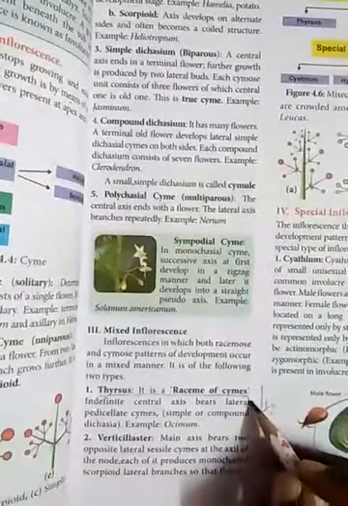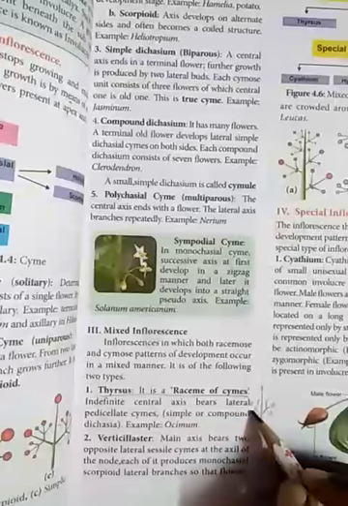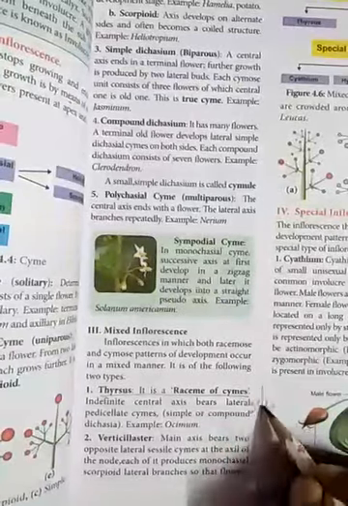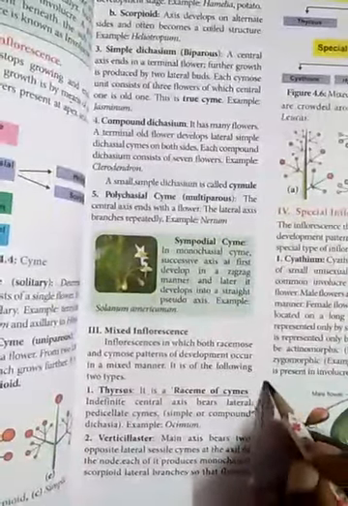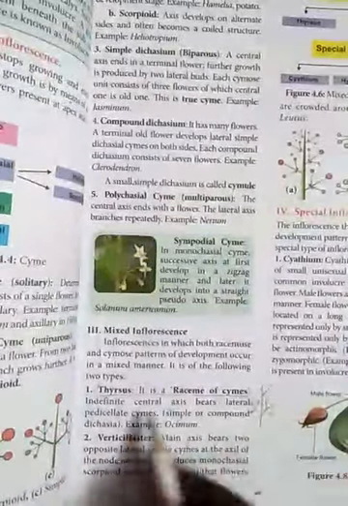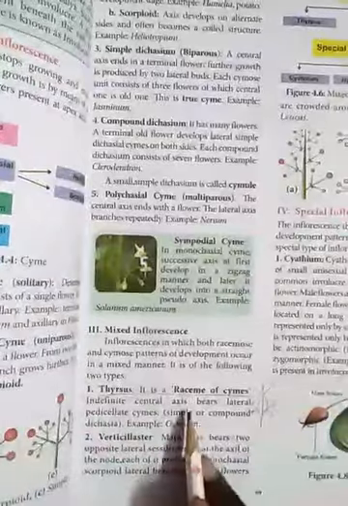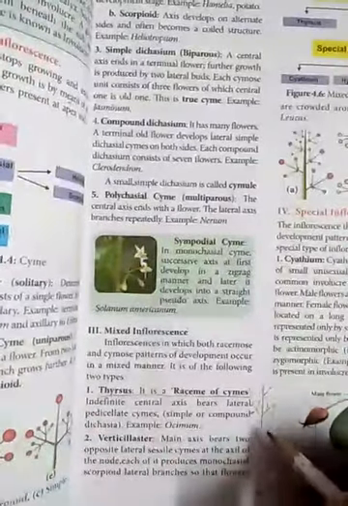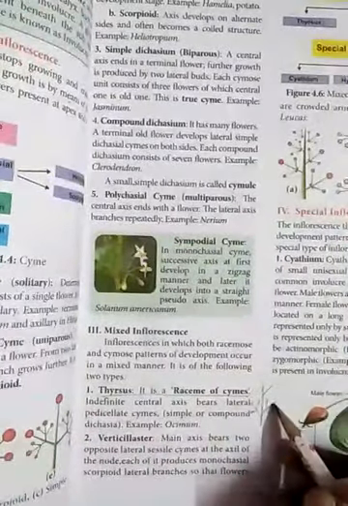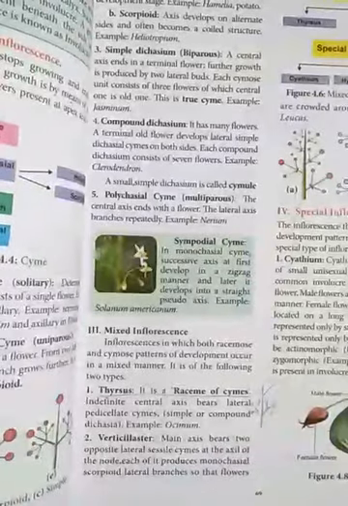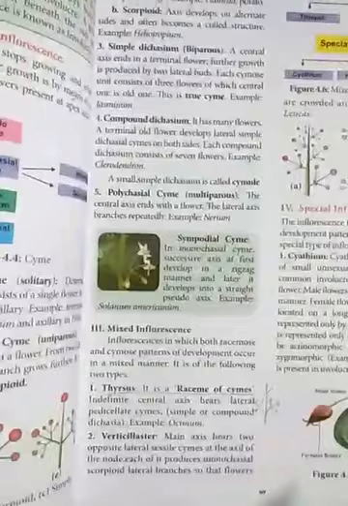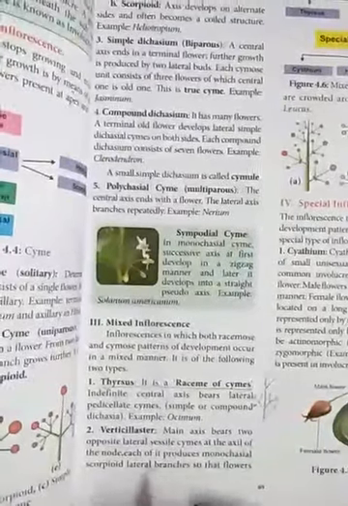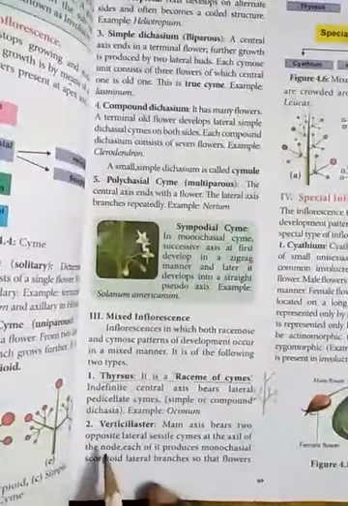So here again the branching cymose arrangement. So here this axis will keep on elongating. It is not limited, and at the side the lateral branching will take place. So this is called thyrsus, or it is said to be raceme of cymes. This is representing the racemose and this growth is representing the cymose. So raceme of cymes, this is called the thyrsus. So this we can find in Ocimum. Ocimum, that is the tulsi plant.